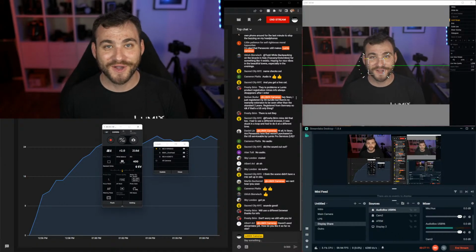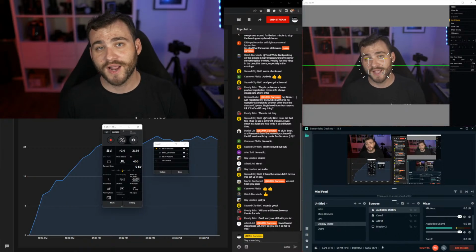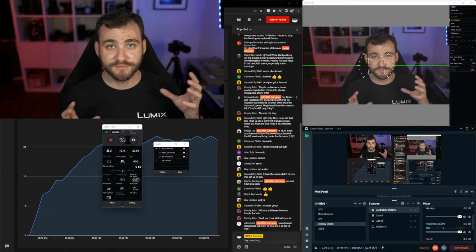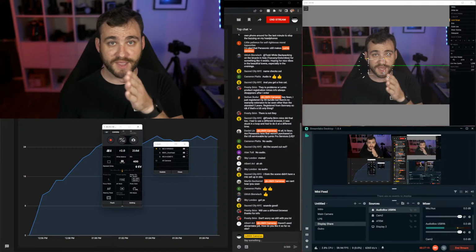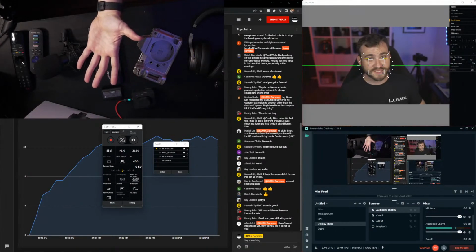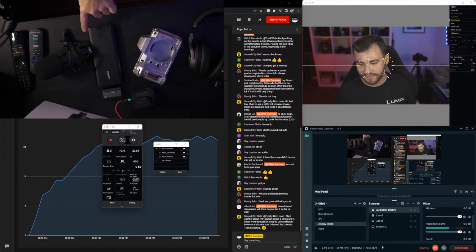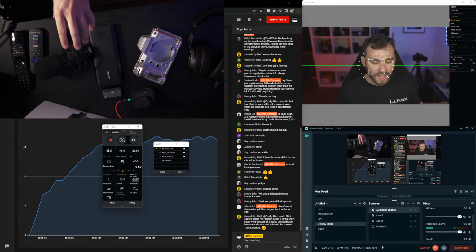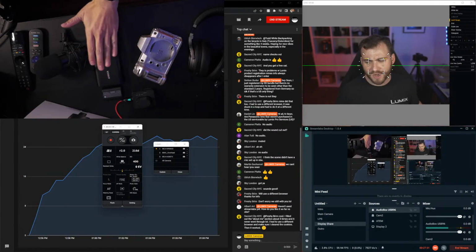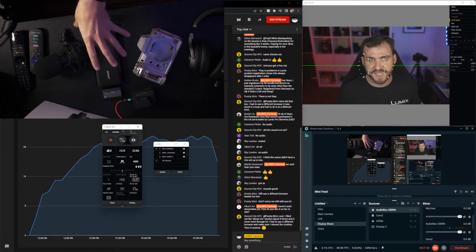My main camera is the one on the left side of your screen. So I have 3 separate camera angles set up on my particular broadcast right now. I've got the main one that we're looking at now. I've got a top down, on my desk, so I can show some equipment here. You can see I've got a mag chassis of the camera. I've also got battery banks, stuff like that. So if I was trying to demonstrate something to you, I'd be able to just take a top down and